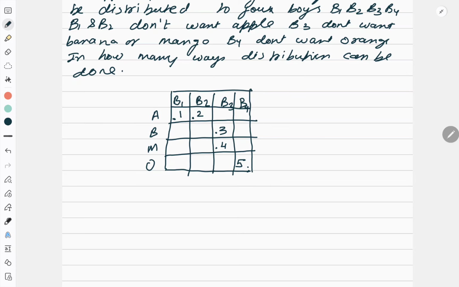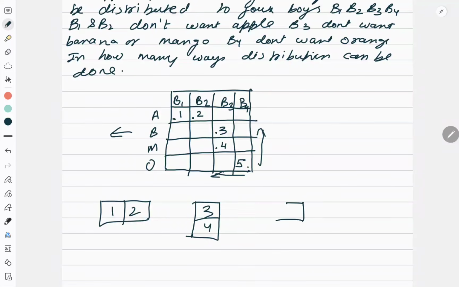Now if I look at this, this board can be split. See, 3, 4 can easily move this side without striking anyone. 5 can easily move upward and this side without striking anyone. 1 and 2 also can be easily split. So basically this board can be split into 3 boards. The first board will be 1, 2; the second board will be 3, 4; and the third board will be 5. In fact, if you want, 3, 4, 5 can also be considered as one single board. So I have now C1, C2 and C3.